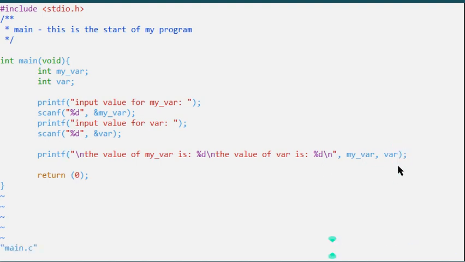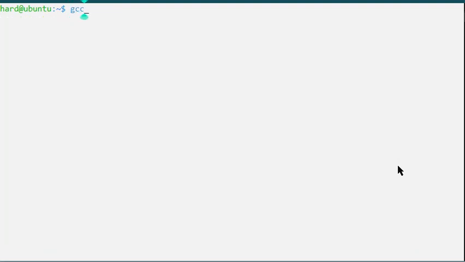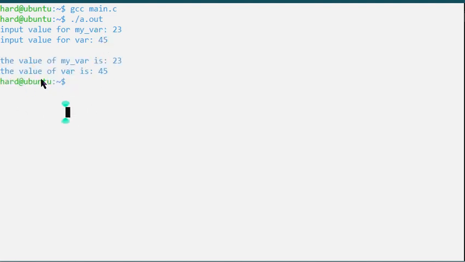So let us now see how our program is going to run. I'll say gcc main.c, then let us execute the program. I haven't specified any output file, so it's still a.out. It's now prompting me to input value for my var, so I'm going to put 23, then input value for var, and I'm going to put 45 for this one. Then it tells me that the value of my var is 23, then the value of var is 45. So this is how you can use all the different functions, which are putchar, puts, printf, scanf,